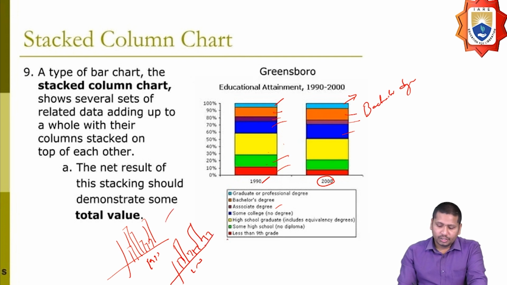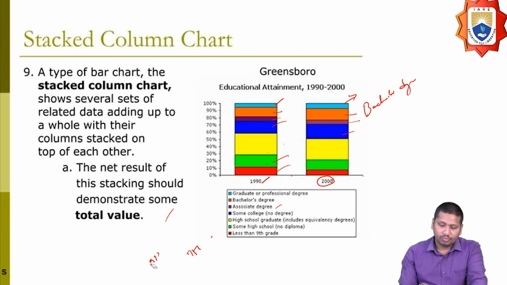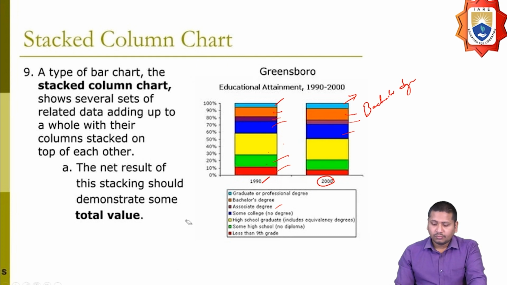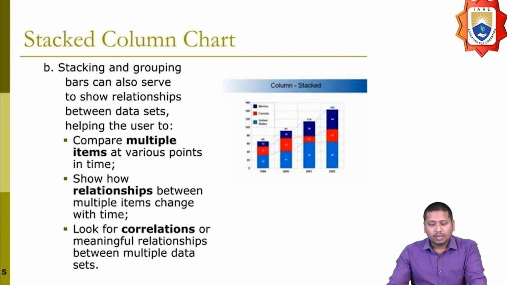So instead of representing this under two different bar charts and a single bar chart, I can represent it as a stacked column chart, so that it can be easily understood and easily compared, and we can see where the data differs. In a stacked column chart, we can make use of stacking and grouping bars, which also serves